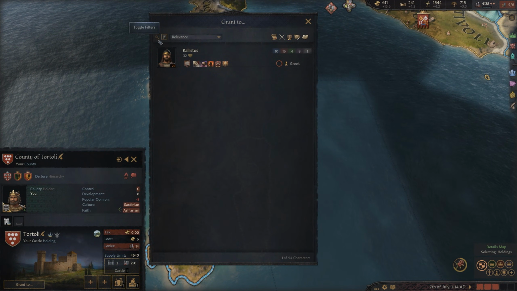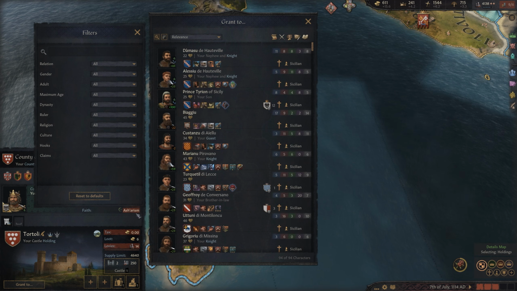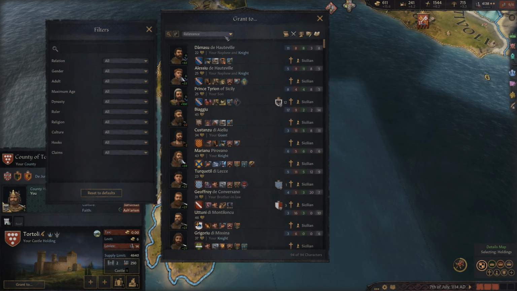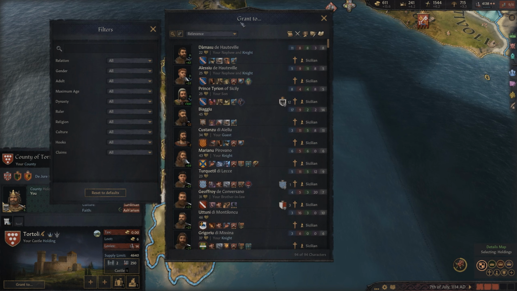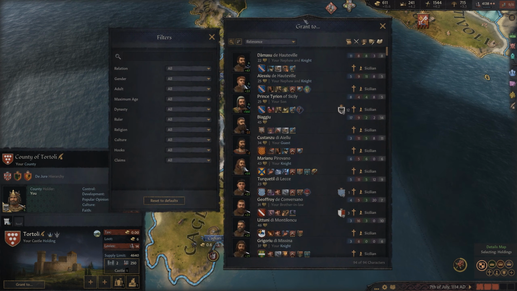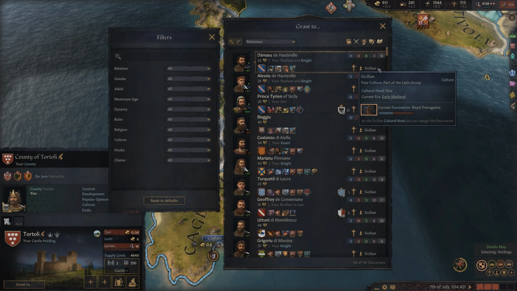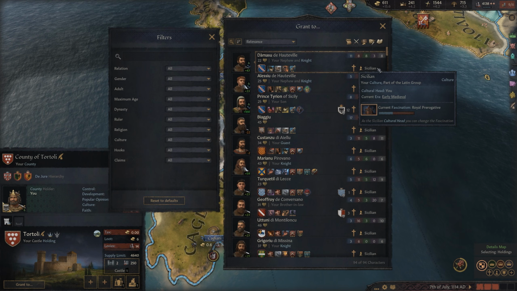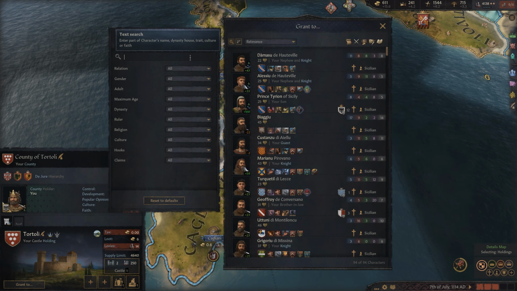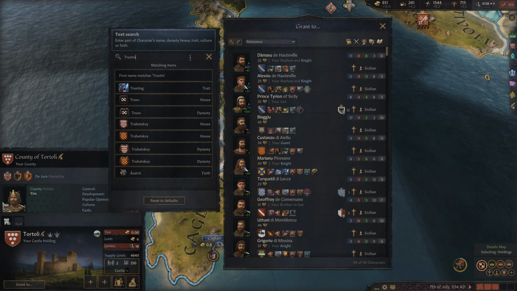Grant 2. And because we unfortunately don't have anyone of this religion, I'm going to just show you all of my vassals and what I typically look for when selecting a vassal. Assume that the religion and the culture matches up. If I can't match up the culture, I at least get the religion so I can then demand the conversion and get it to go flop over. So there are a couple traits you want to look for.